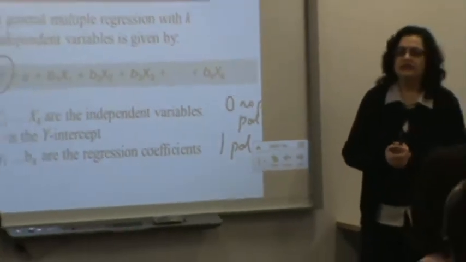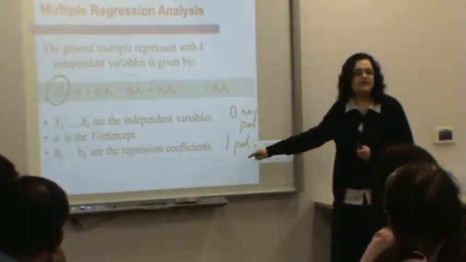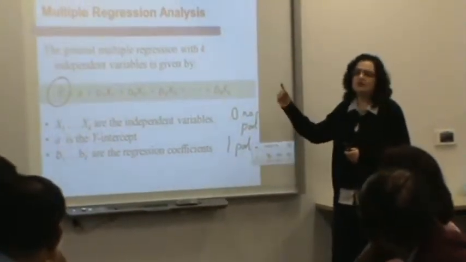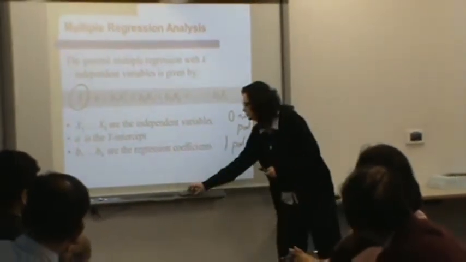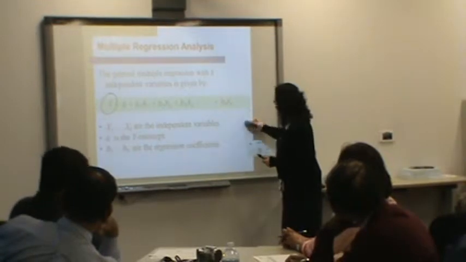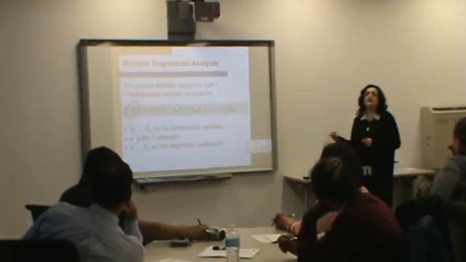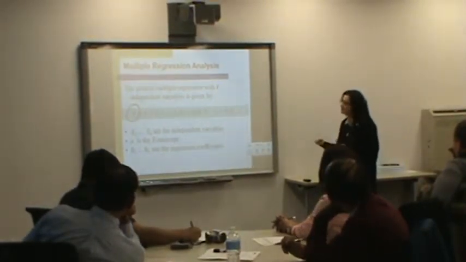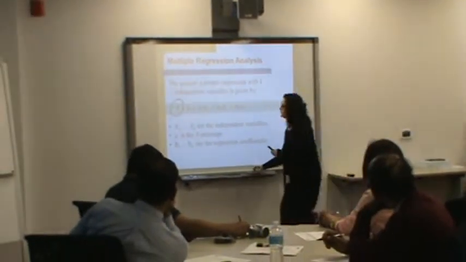So how do you think the B would look for that variable? Would it be negative or positive? 0 or 1. Positive definitely. No, if 0 is no pool and 1 is pool, that means having a pool would lower the price, so the coefficient would be negative. So this is what I wanted you to understand, that you can have quantitative variables, you can have qualitative variables, but even the qualitative variables have to be quantified to make sense of the multiple regression equation.